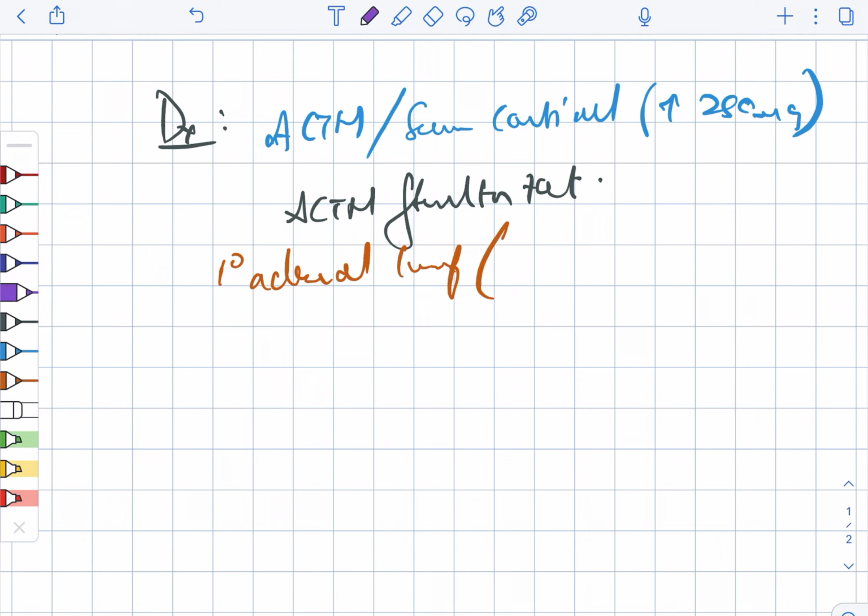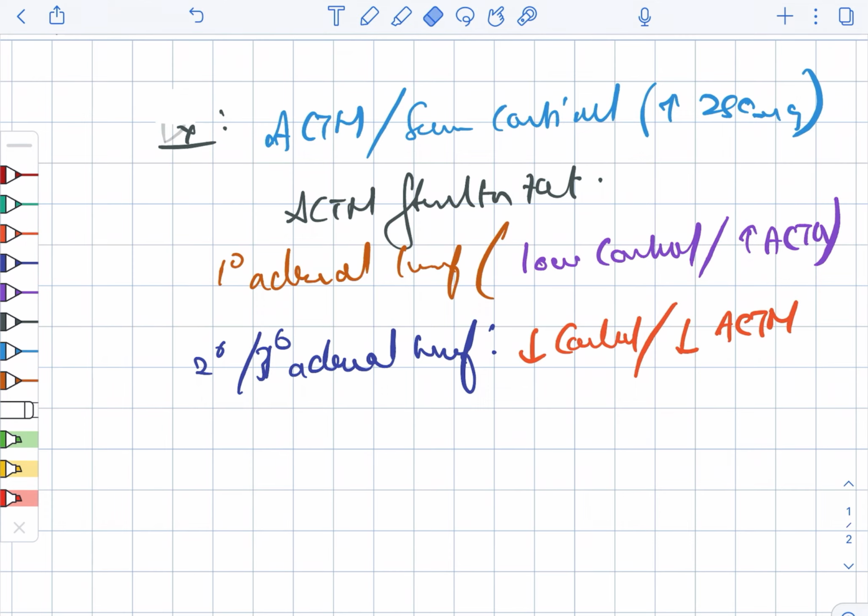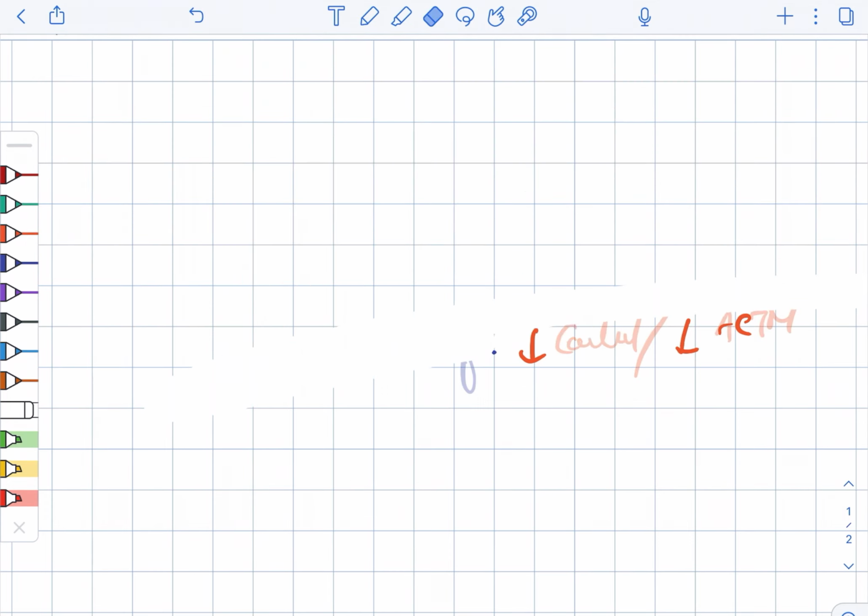Next, there is primary adrenal insufficiency. It includes low cortisol and high ACTH. Next, there is secondary or tertiary adrenal insufficiency. It includes low cortisol and low